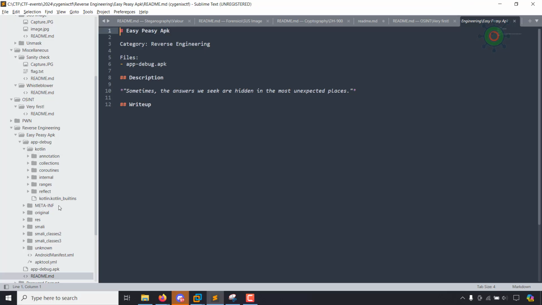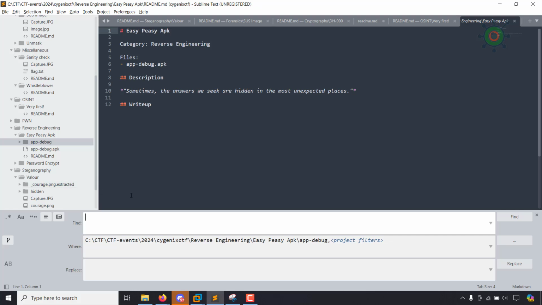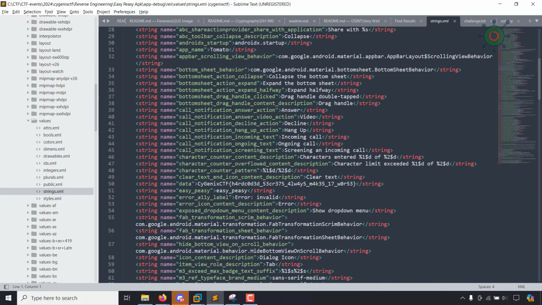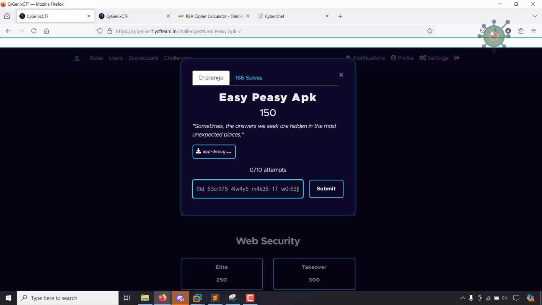and after disassembling this file we can find it from Sublime. The flag format is CyGenix, and here we got a flag. There is strings.xml line number 50, and here is a flag. Okay,